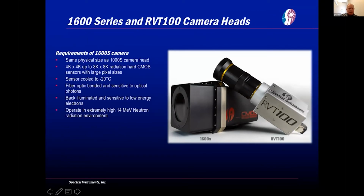Now we've used a couple of different sensors here. One of them was developed by SRI under Jim Janicek, used for a solar orbiter. And there it has to be very radiation hard. So it's a very rad hard CMOS sensor. So we've used that, integrated that into this camera in one